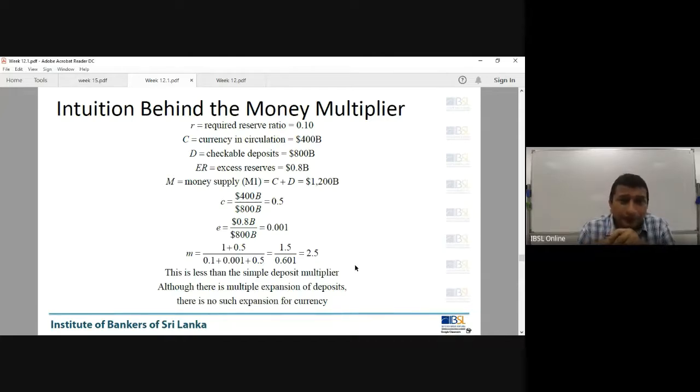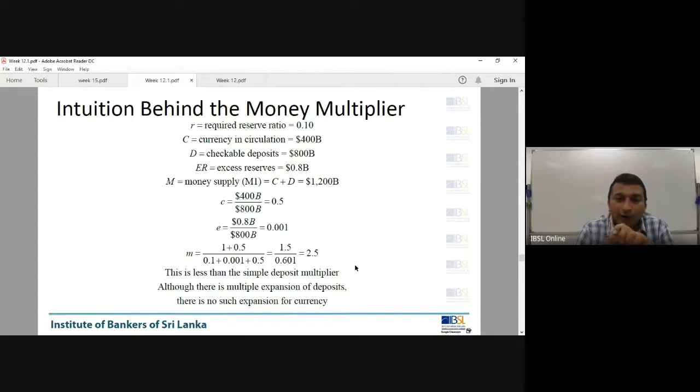So let's assume the required reserve ratio, small r, is 10%. If you write 10%, you write it as 0.10. Just 0.1 is also fine. That is the required reserve ratio. Currency in circulation, C, is $400 billion